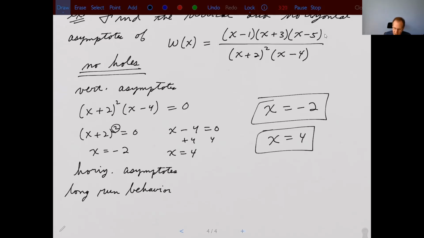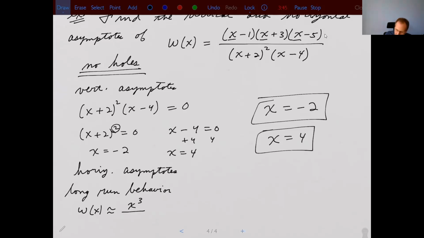And that only depends on, so right, W(x) is approximately equal to the leading term of the numerator over the leading term of the denominator. So if I were to expand this out, my first term would be x times x times x, right? Because those are the three largest terms of each of those factors. So it looks like it's going to be x cubed